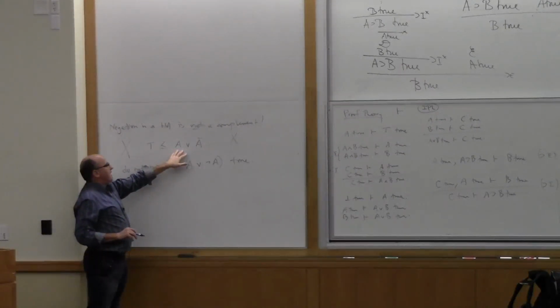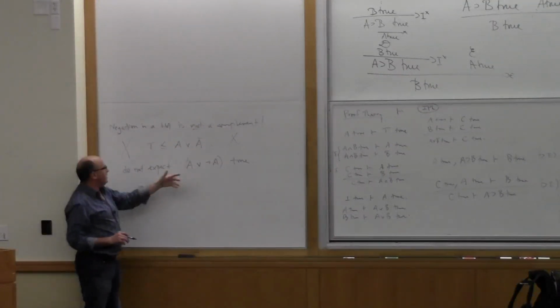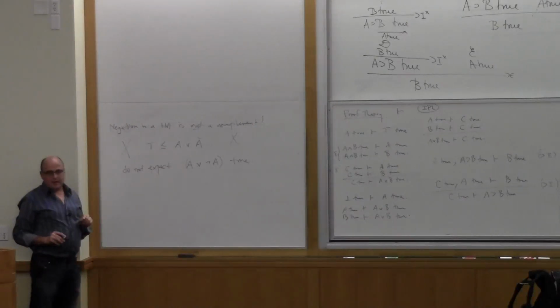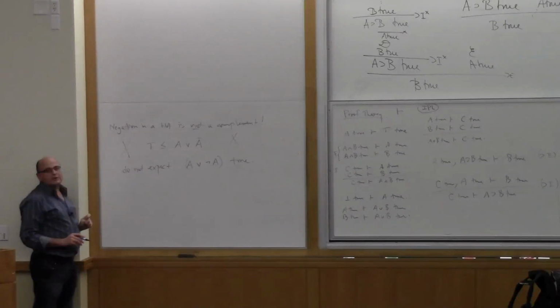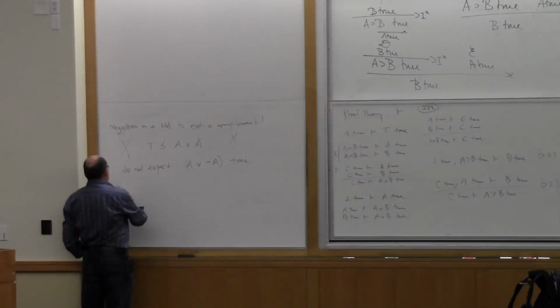It's not the case that for every single A, or its complement, A or not A comes out to be true. If that were the case, you would have what is called a Boolean algebra. Okay? So a Boolean algebra